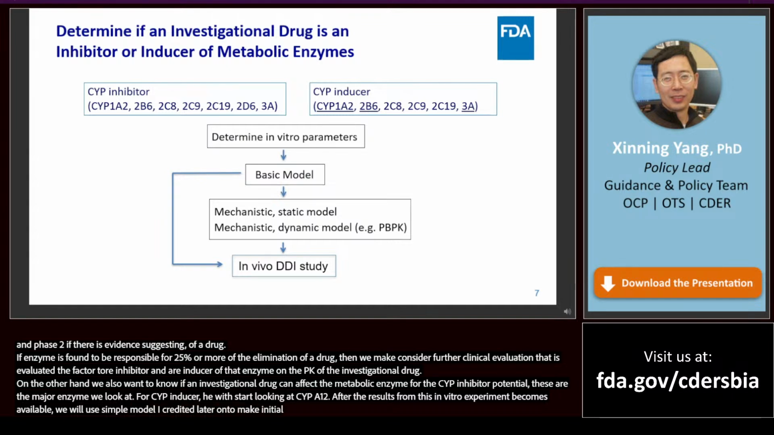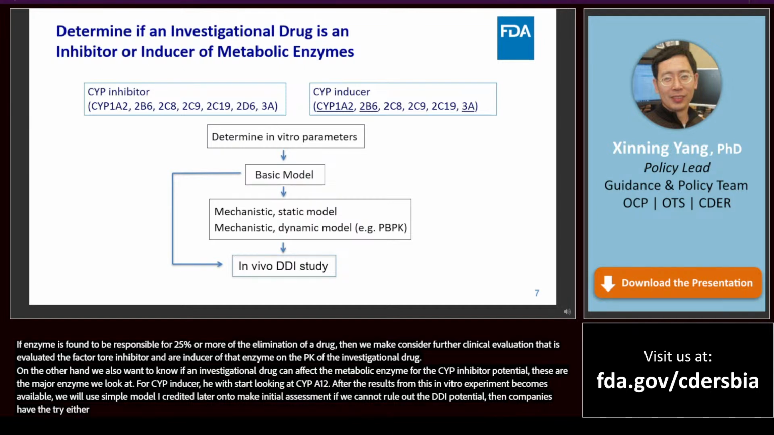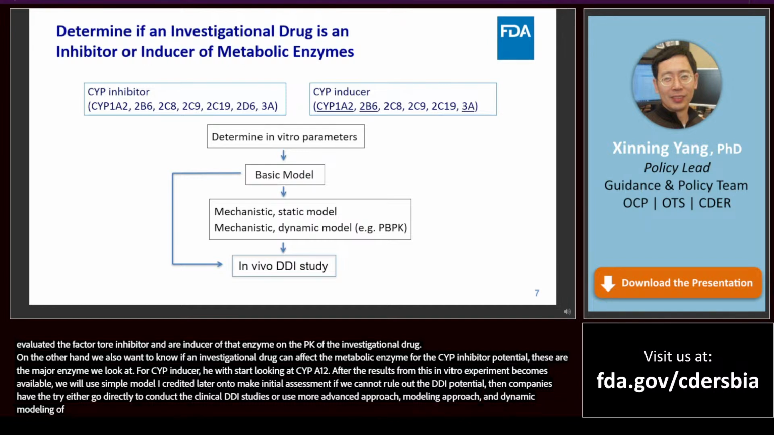If we cannot rule out the DDI potential in vivo, then companies have the choice to either go directly to conduct clinical DDI studies, or they may use a more advanced modeling approach, either statistical modeling and/or dynamic modeling, often called PPK, to make a more quantitative prediction, and then decide whether there's a need to conduct